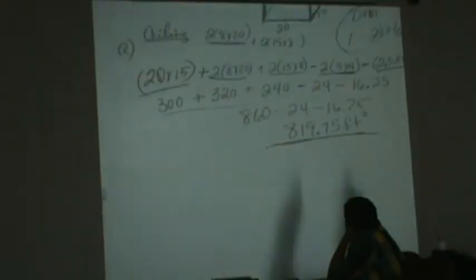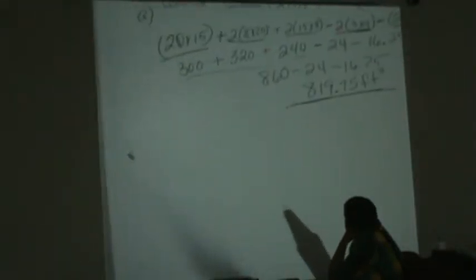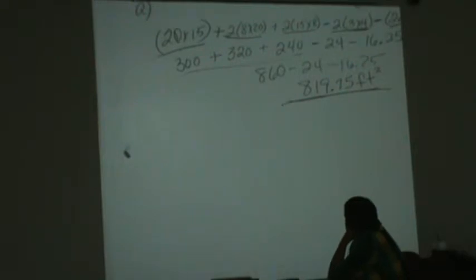Okay? From there on, you're going to have to figure out the rest yourself. It says a gallon will cover 360.625 square feet. So you need to figure out how many gallons you need. You'll take that, 360.625, and divide it by this. And if it's not exactly, if it's like